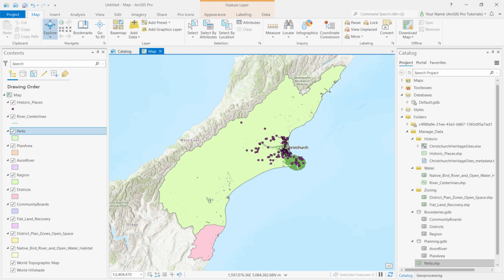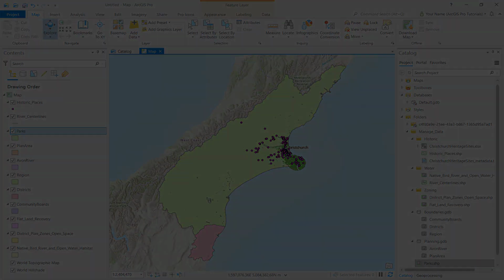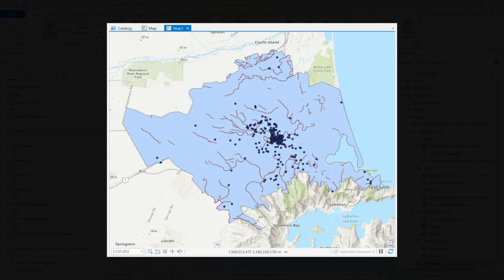Part of managing geospatial data is making sure to focus on your area of interest. In this tutorial, we want to create a collection of compact data that is focused on Christchurch, New Zealand. Notice how our layers extend well beyond the Christchurch area. To solve this, we'll clip our datasets. By clipping our datasets, we're essentially carving out the datasets to fit our desired extent.